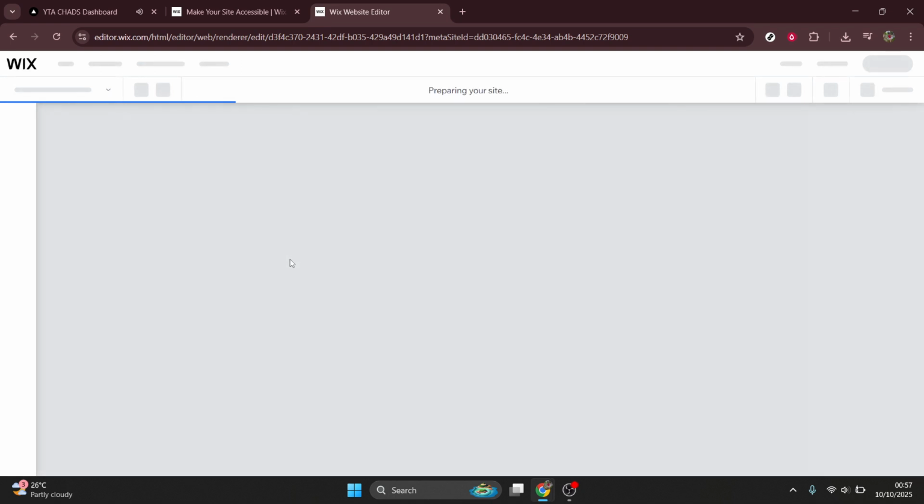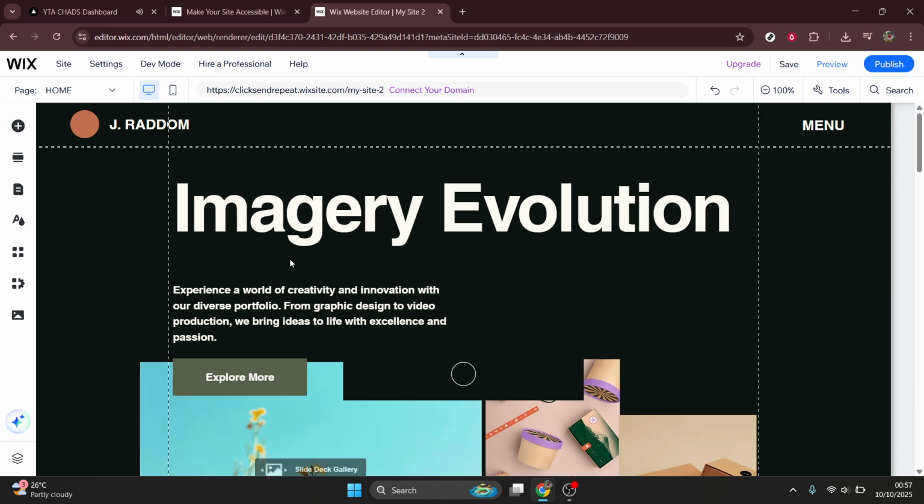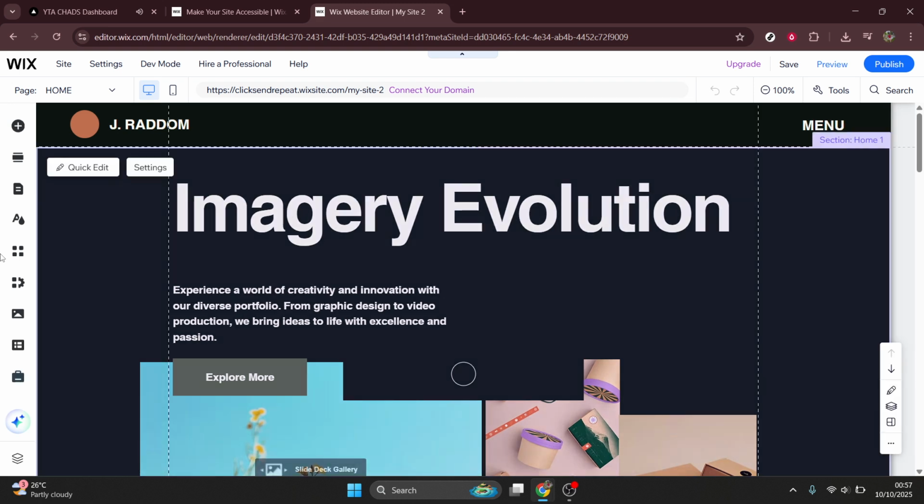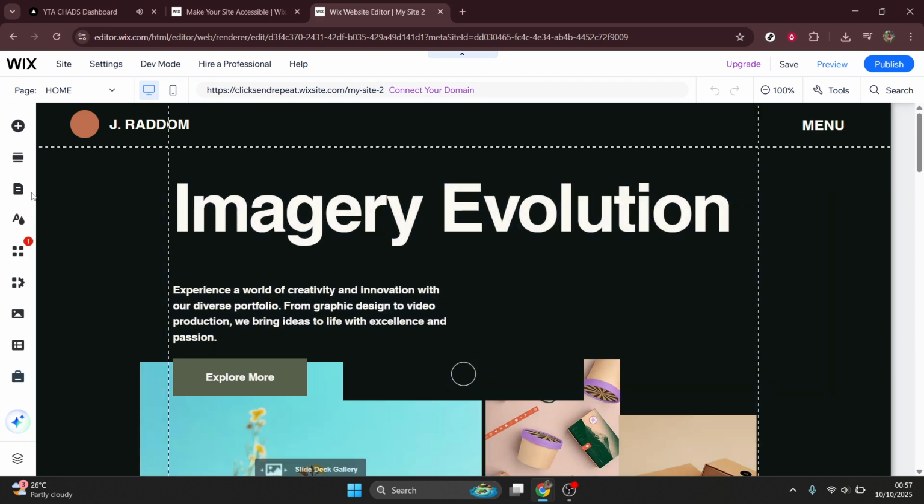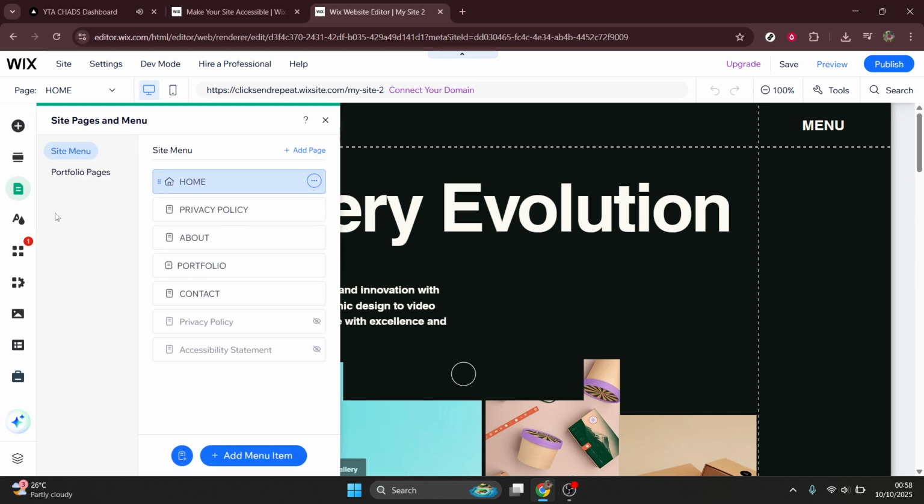Now, let's add some main menu tabs. Still in the Menus and Pages section, you'll find an option labeled Plus Add Page. Click on this to create a new main page. Think of this as the primary tab like Services or Products in your website's navigation menu. Give this main page a name that clearly represents the section it is going to cover to ensure clear navigation